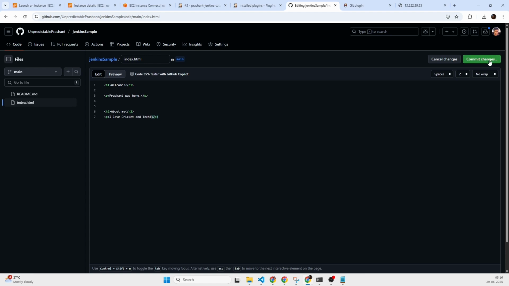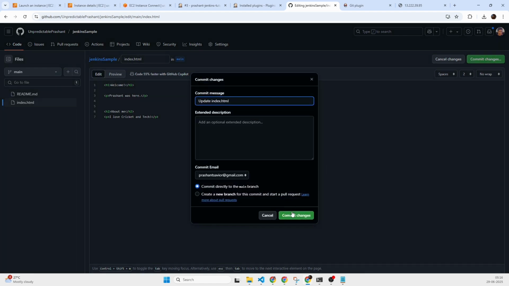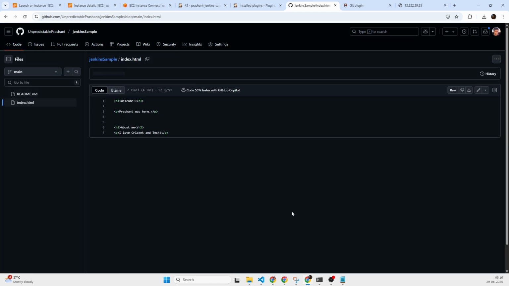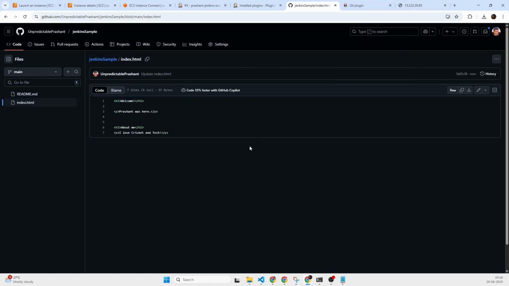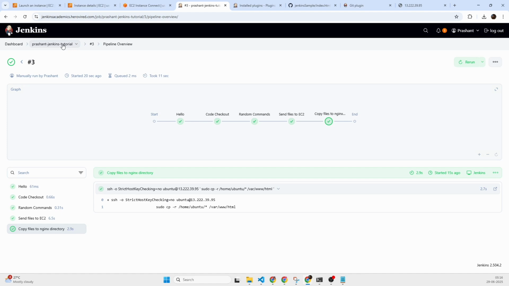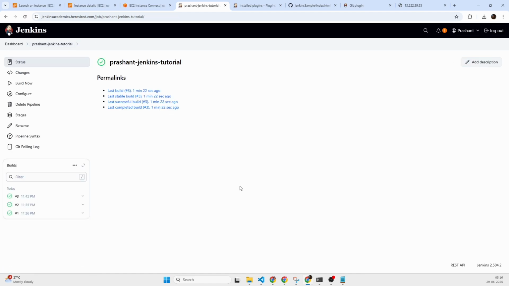So I'm going to go ahead and update this commit, which means if I have done everything perfectly fine, my pipeline should trigger within a minute, because that's what the cron that we have specified. Within a minute, it should automatically trigger a new